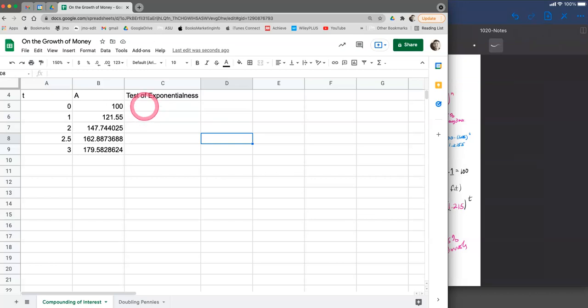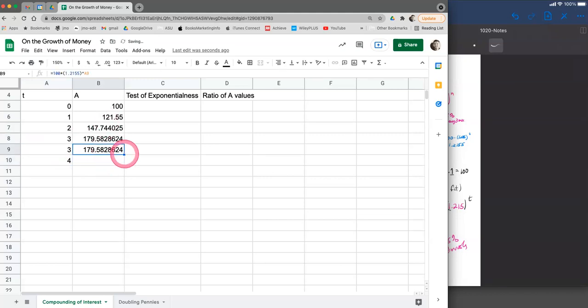Here is a quick test for exponentialness, and this test relies on a ratio of A values, a ratio of amounts. This data is telling us the amount of money in an account after a certain amount of time. We can see here that we've got times 0 and 1, and times, now this is going to be important, time 2 and time 3, and maybe time 3 and